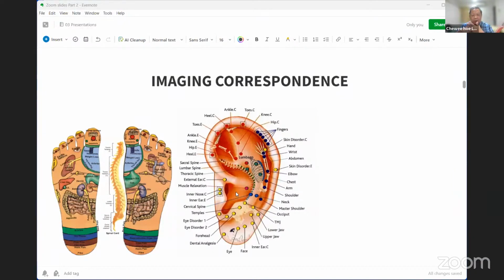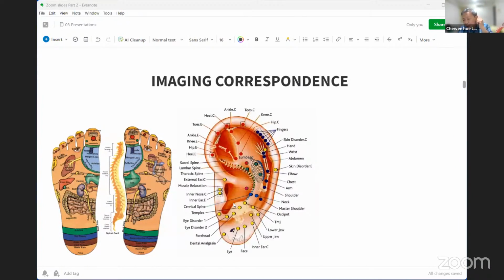And you can find every organ of the body on this picture. And if you stimulate the points, with a tool or with your finger, there will be a therapeutic effect. So this is another school. And I will never say that my school is more superior than a reflexologist. All right, this is an unnecessary discussion.